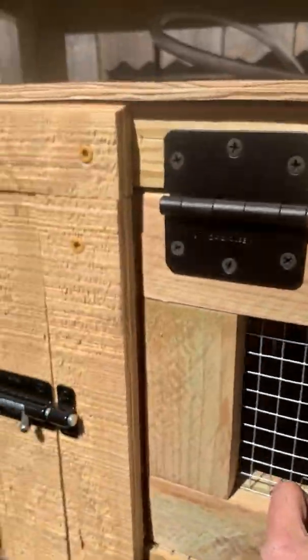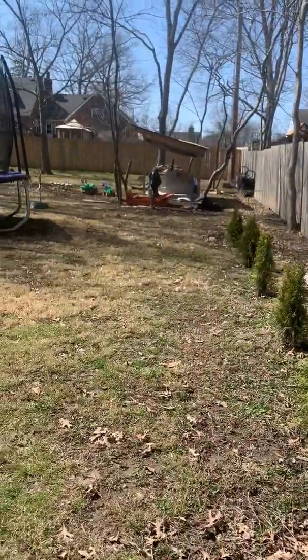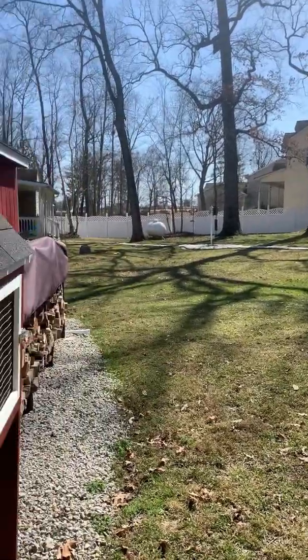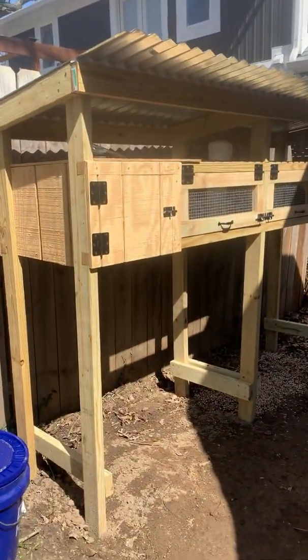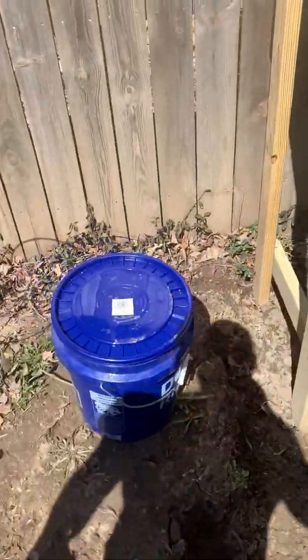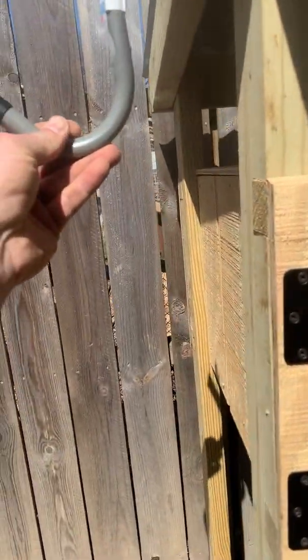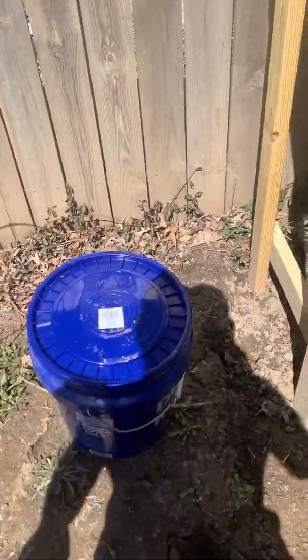So originally that's what I was gonna do, but even though I raise quail, doesn't mean I want people to know or I want to look at it all day. As you can see, I do live in a suburban environment on just under a half acre of land, and I'm raising quail, but I don't want to look at the water basin. So originally I was gonna hang a hook right here, and the problem was getting it high enough to have gravity work for me. So I was gonna put it on the fence or whatnot, but